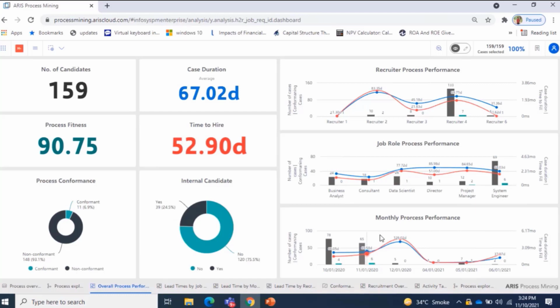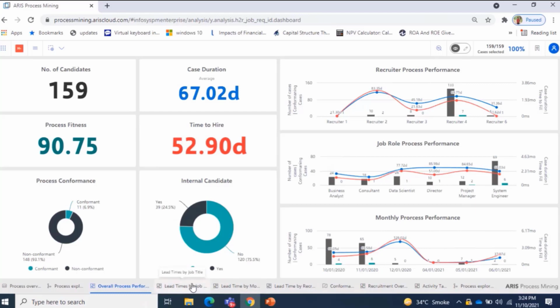And the third one is the performance based on each month: in which month our team is performing well and in which month we are not performing. Is it because there were many holidays occurring within a particular month that the performance of the overall process suffered? Analysis like this can be done with the help of this particular graph.